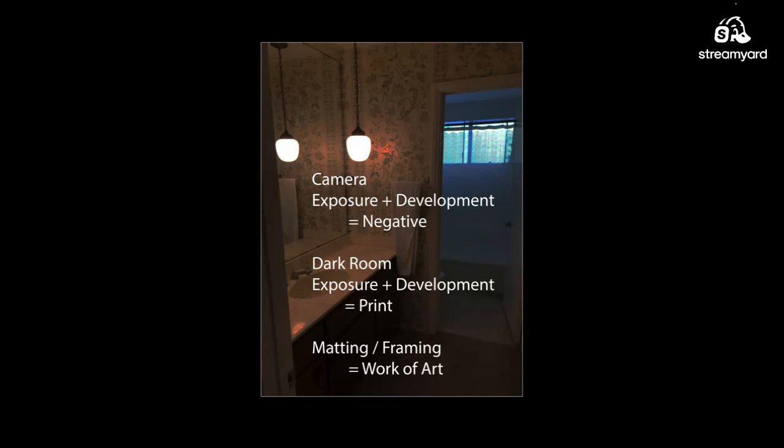And you learn very quickly that there's a number of steps that you need to go through in order to produce an image. You've got your camera, which you have to do the exposure and development properly, end up with a negative. And from a negative, you then go to the darkroom, where you expose again on photographic paper. You develop that, you get a print. And then there's some additional steps that you have to go through if you actually want to create a work of art. And so I came to photography kind of with this background, like you have to do all these steps. And I think that was helpful.